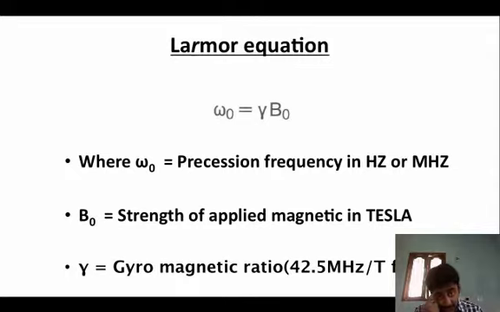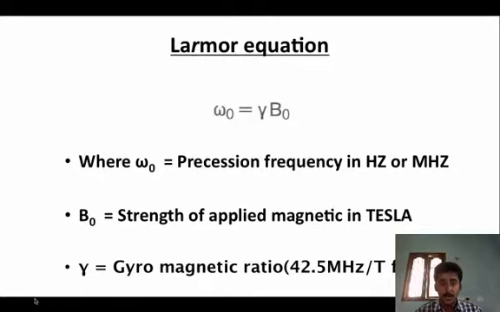What is this Larmor equation? And what is this precession frequency? What happens is, every proton, every nucleus, it is as simple as a proton revolving around the nucleus. So it is as good as a solar system. All the planets revolve around the sun, but the sun is stationary. Here, in the same way, the nucleus is not assumed to be stationary. It will be rotating at a certain frequency, which is called the precession frequency, given by omega naught.